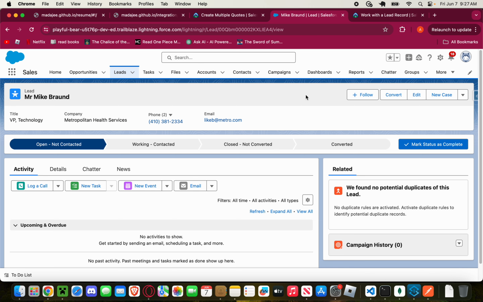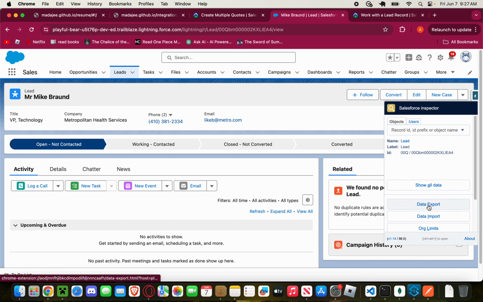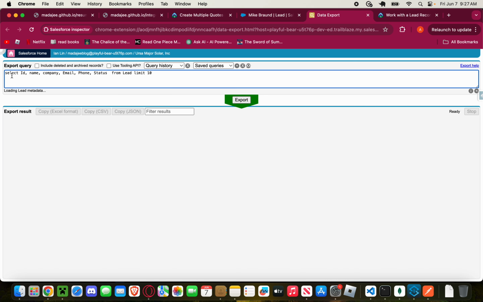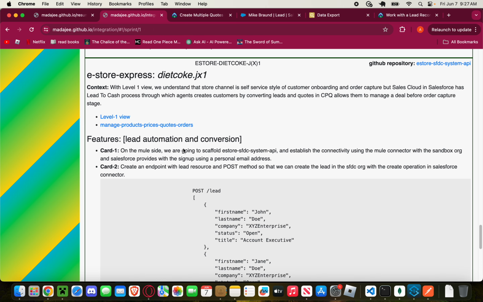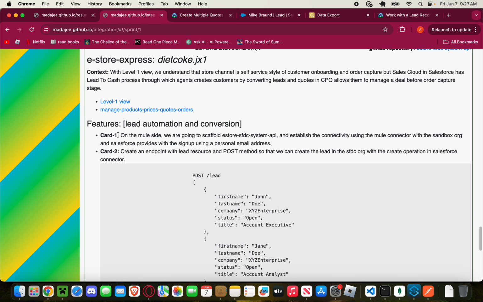and see them, and then we can also query some of them. So if I just say select ID, name, company, email, phone, status from lead, and I limit them to 10, I can see, okay, this is sandbox org data. Now, if we just switch back to this,